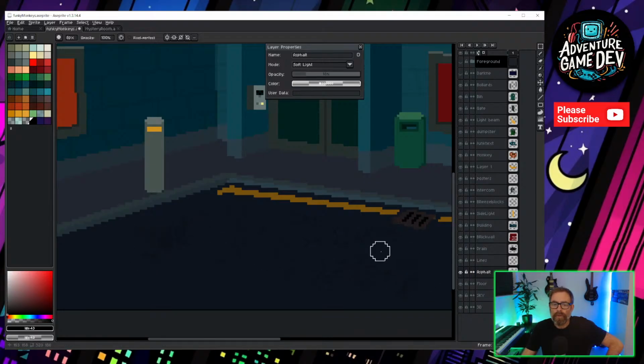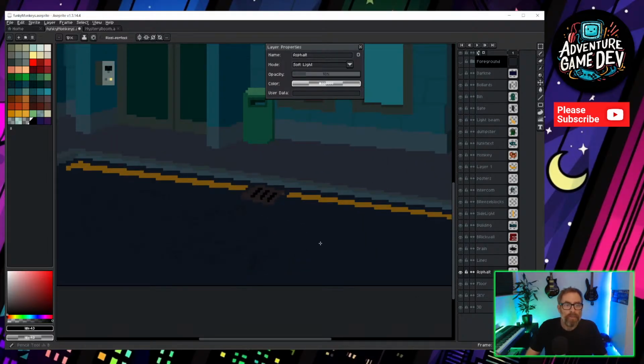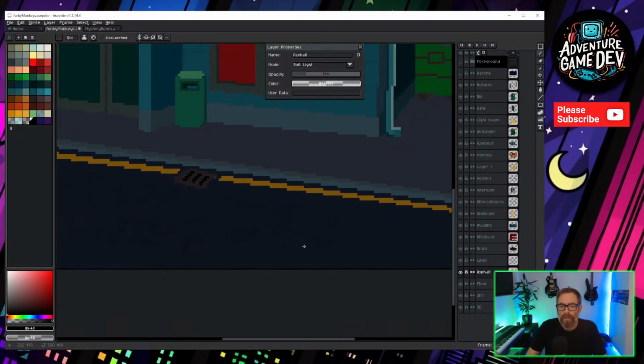It just gives a bit of texture to that, so it's not such a big expanse of nothing. Just randomly hammering, clicking down here, then jumble.